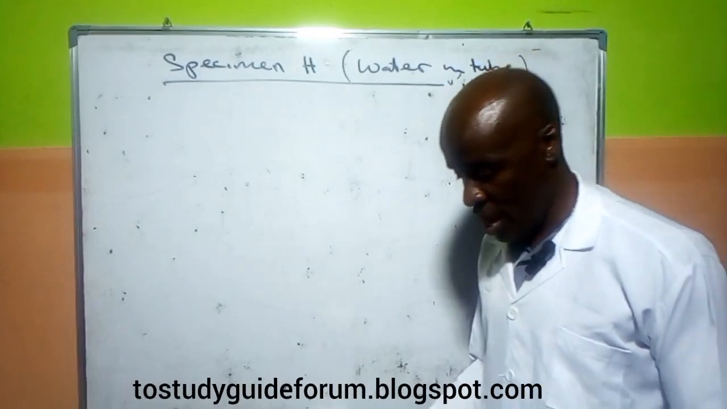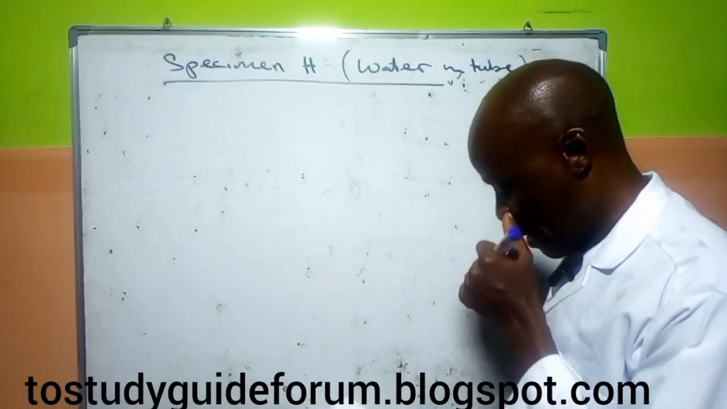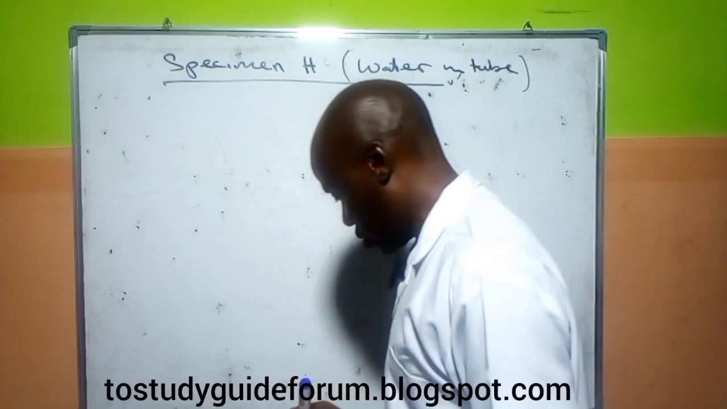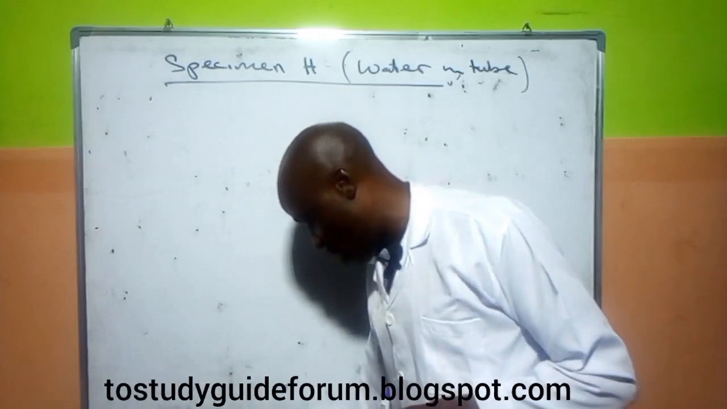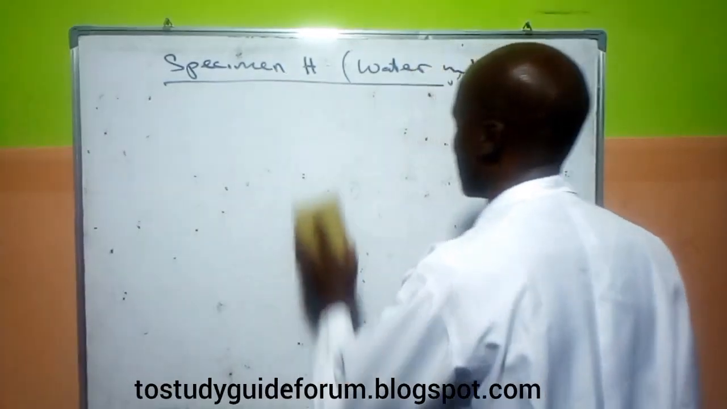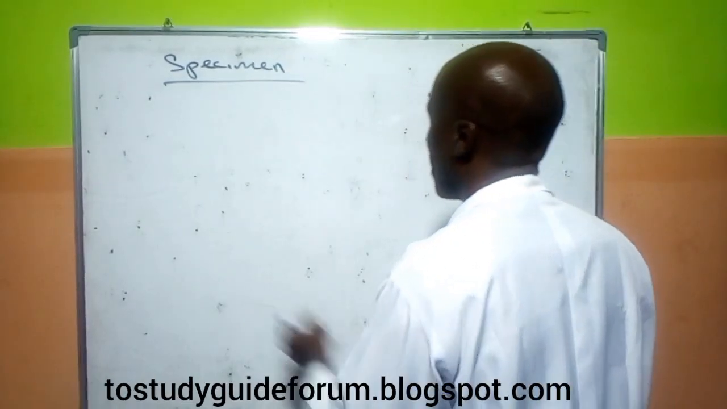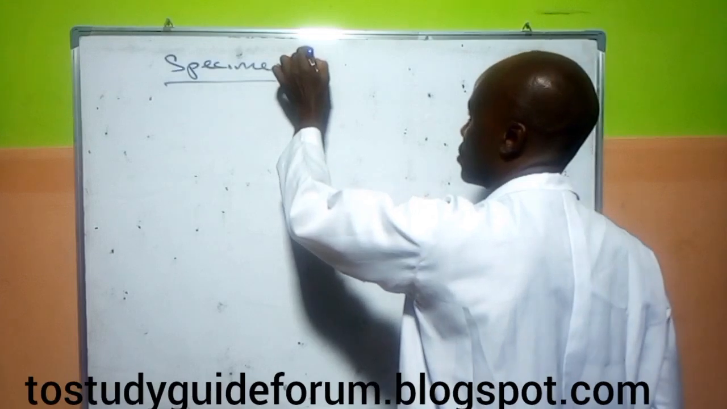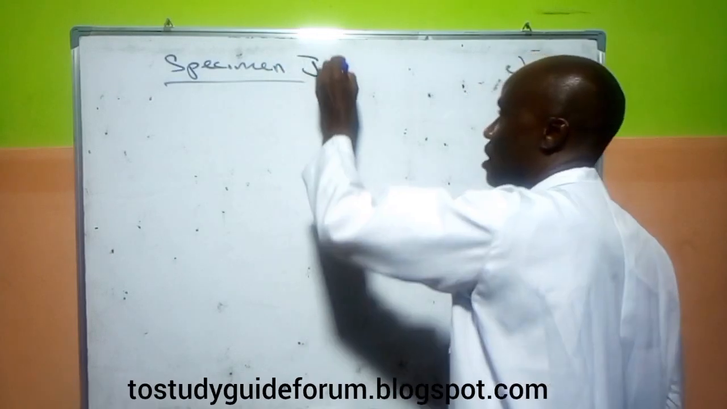Which is specimen J. Specimen J is what? An egg, a longitudinal section of boiled egg with shell. The shell will be intact. That is specimen J. Now, in this case, I always encourage students to give a call for